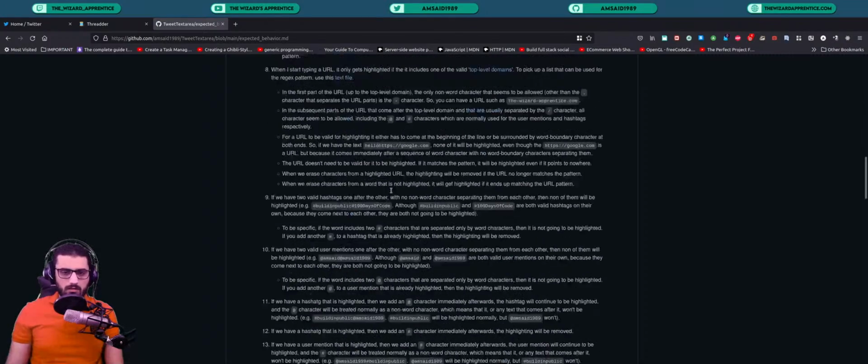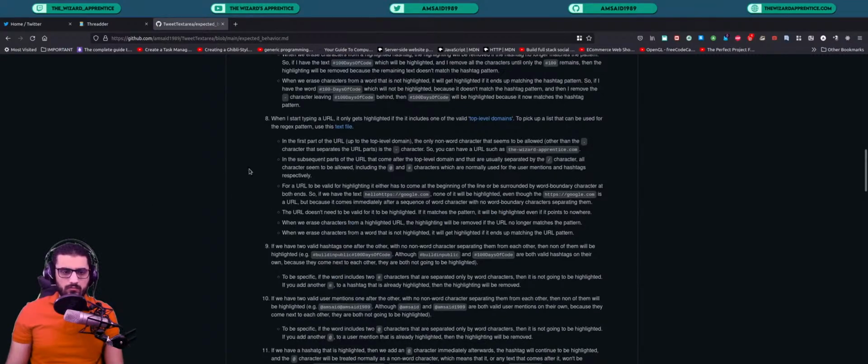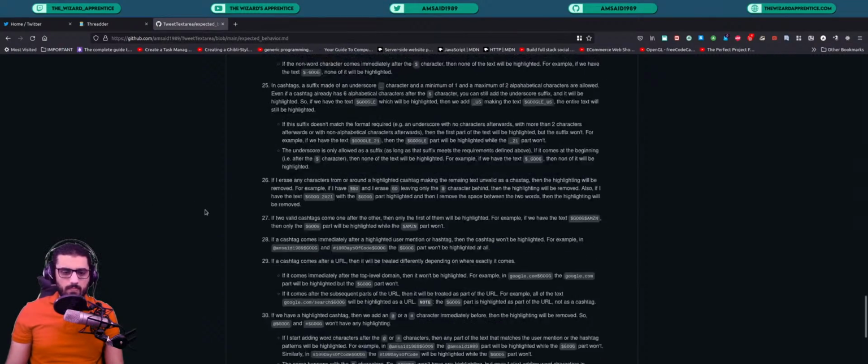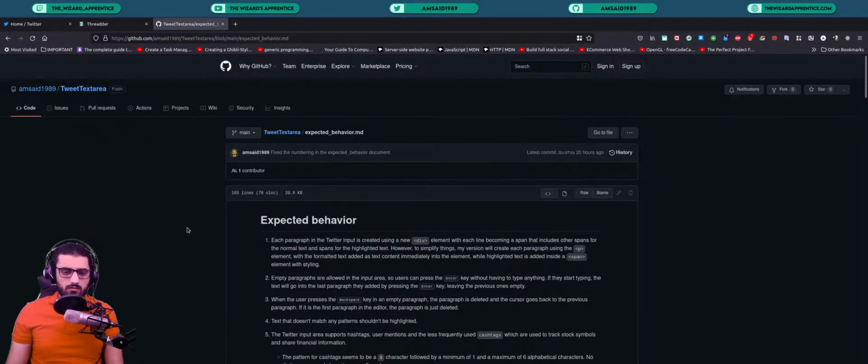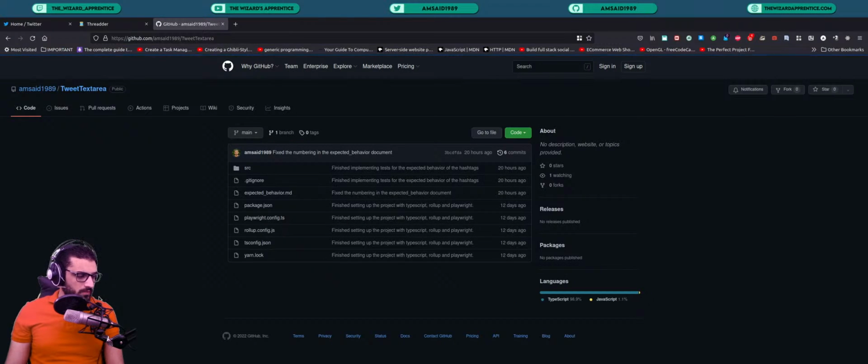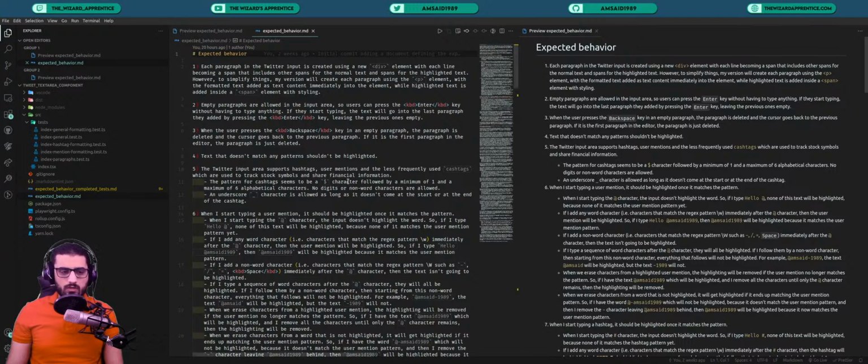This highlights all of the behaviors that I've managed to identify in Twitter's input area, and that I'll be trying to replicate. So the first thing we started doing is, because we have very well defined behavior, we started writing tests